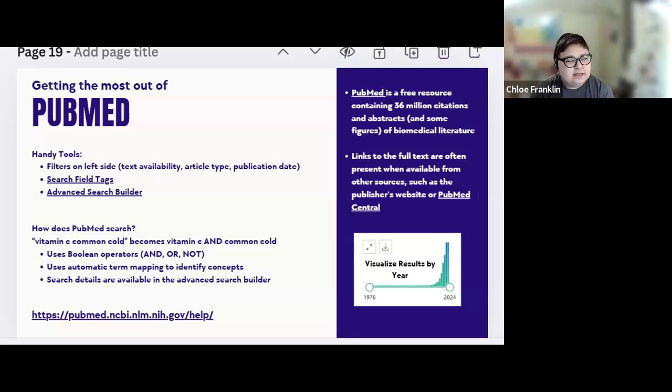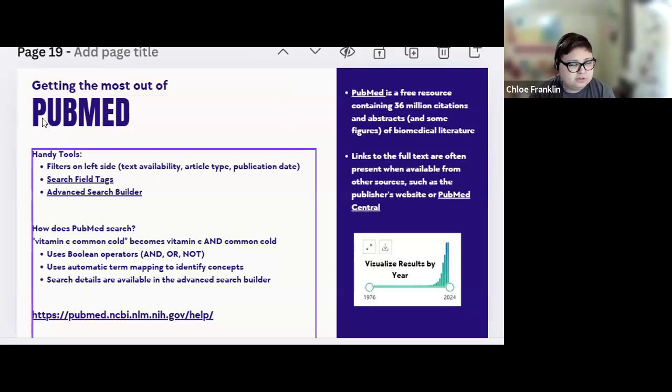So PubMed is a free resource, and it has, it's probably a lot more now, this is an old figure, 36 million citations and abstracts from specifically biomedical literature. A lot of times you can also find the full text links, kind of like in Google Scholar. Sometimes there'll be a box with the journal's logo, or it says free full text, and you can click and get it there. You can also look in PubMed Central. So PubMed Central has free full text articles that are also